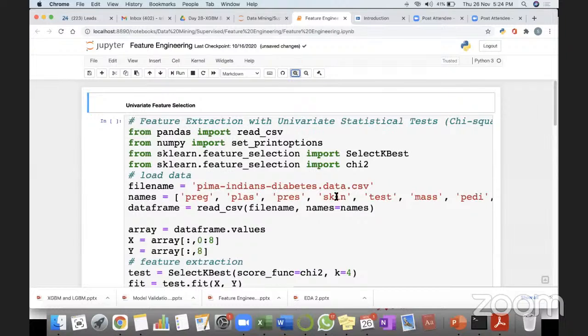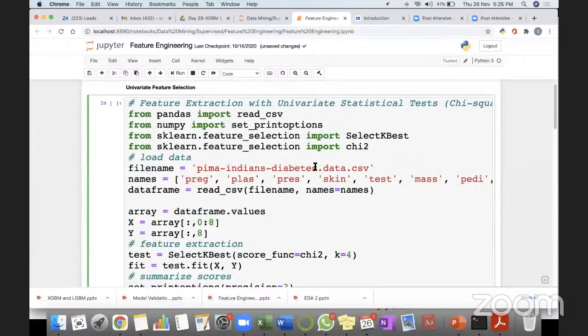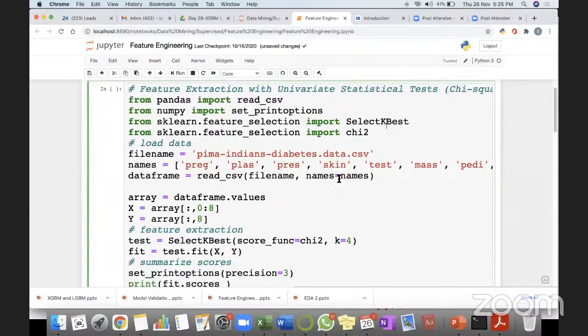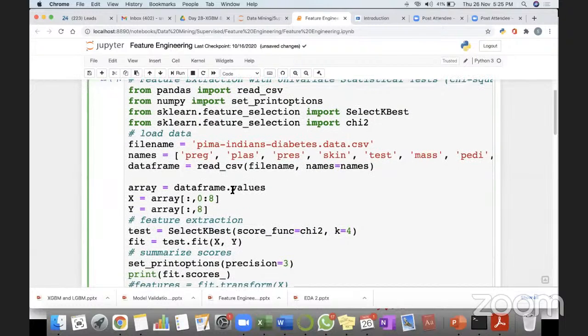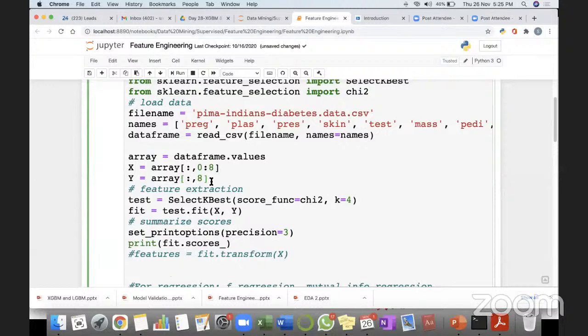Right. So this is univariate selection, and we are going to use the SelectKBest method. The k is basically something we have to give, that is, how many features you want to select. So that is the k value, right? Internally this will use the chi-square test. And the data set is the same data set that we have been using, the Pima Indians data set, and these are the column features we have. Okay, read the data set,